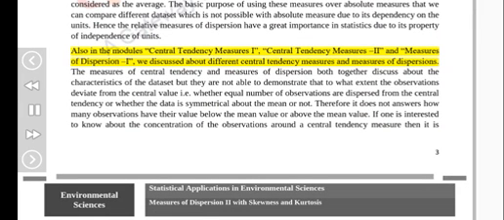Also in the modules Central Tendency Measures 1, Central Tendency Measures 2, and Measures of Dispersion 1, we discussed different central tendency measures and measures of dispersion. The measures of central tendency and measures of dispersion together describe the characteristics of the dataset, but they are not able to demonstrate to what extent the observations deviate from the central value, i.e. whether equal numbers of observations are dispersed from the central tendency or whether the data is symmetrical about the mean or not. Therefore they do not answer how many observations have their value below or above the mean value. If one is interested to know about the concentration of the observations around a central tendency measure, then it is